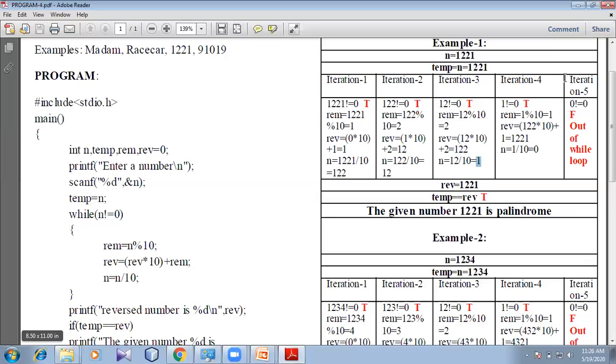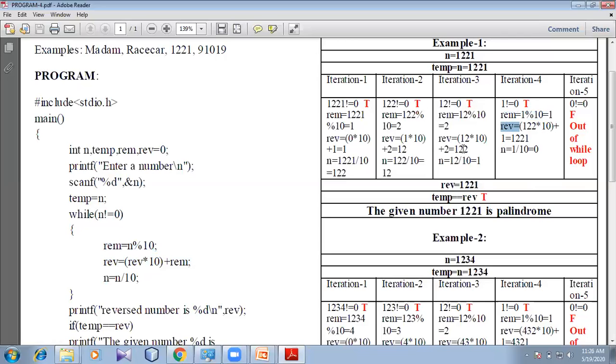Now we'll move to iteration number 4. The new value of n was 1. 1 is not equal to 0, which is true. True means once again we are going to execute the while loop. The new value of remainder is calculated as 1 mod 10. We got the remainder value as 1. The reverse is calculated as reverse into 10 plus remainder.